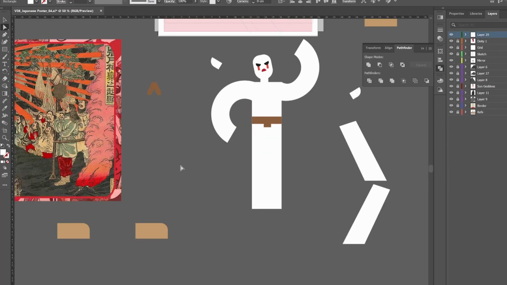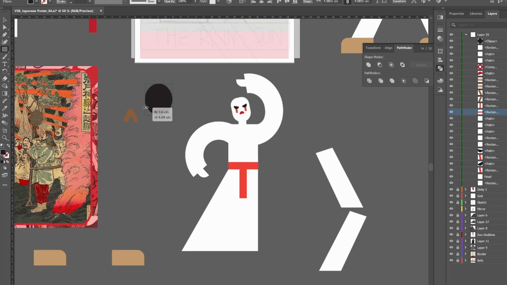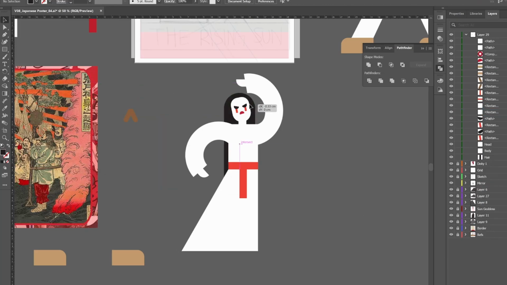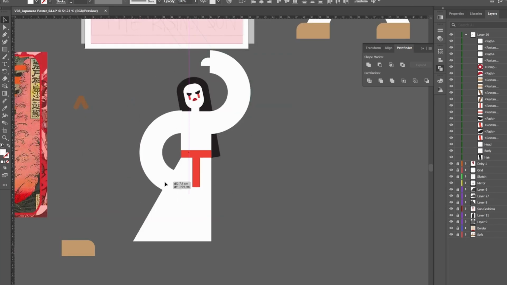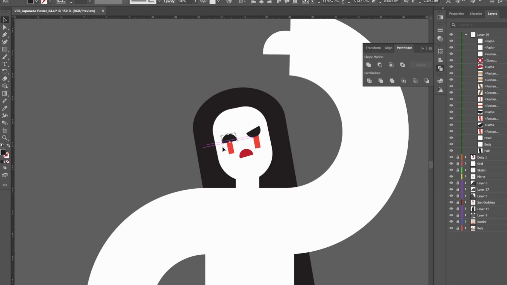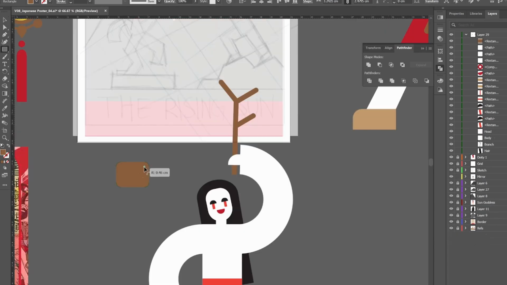Ame no Uzume is the Shinto goddess of the dawn, performing arts, dancing, and happiness. I used the rectangle tool to create the shape of her dress and created long sleeves for her limbs. I decided to give her a smiling expression to represent her comical personality, and in the myth she was holding a branch while dancing. I then used the pen tool to create the stems of the branch that she was